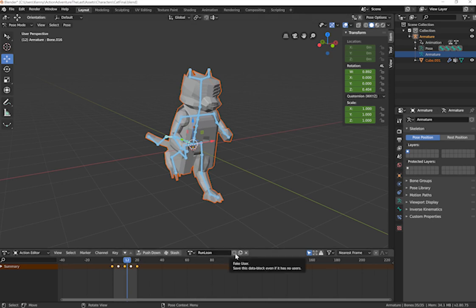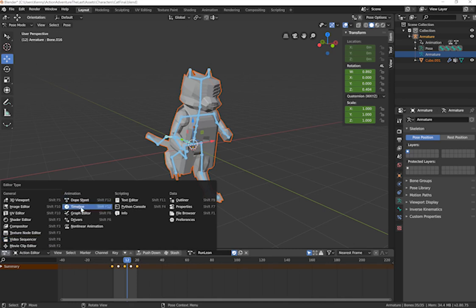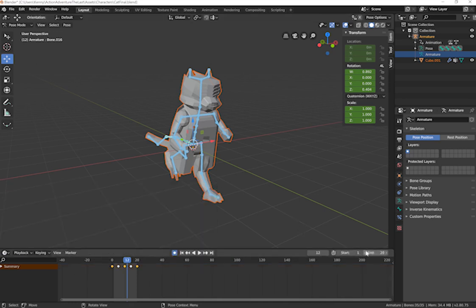To save our animation when we leave Blender, we need to click on this icon to create a fake user. We then go back to the timeline. What I'll show you here may save you guys a lot of time if, like me, you imported your character